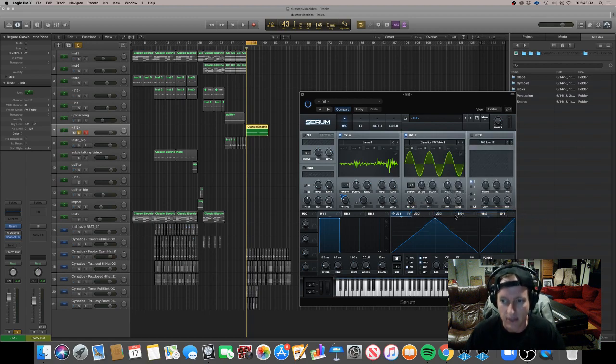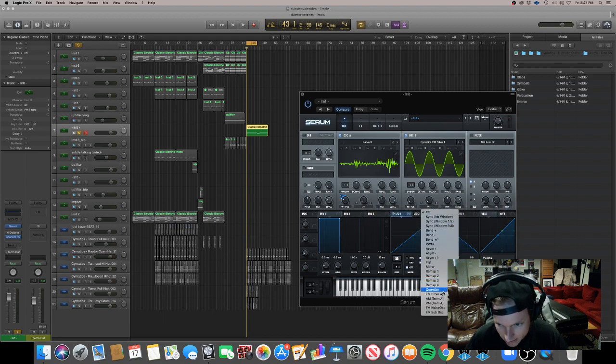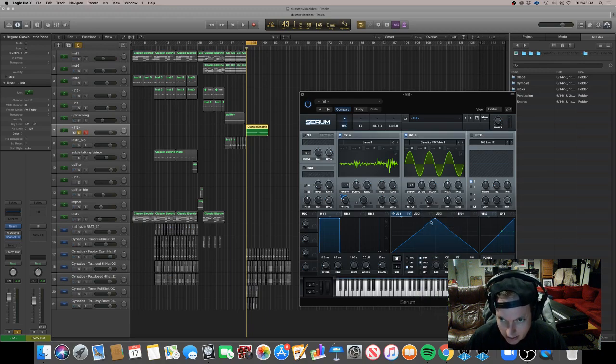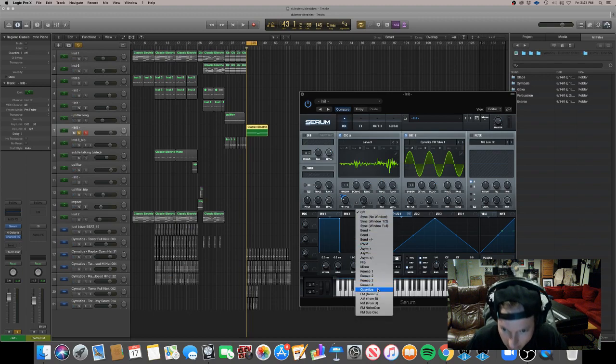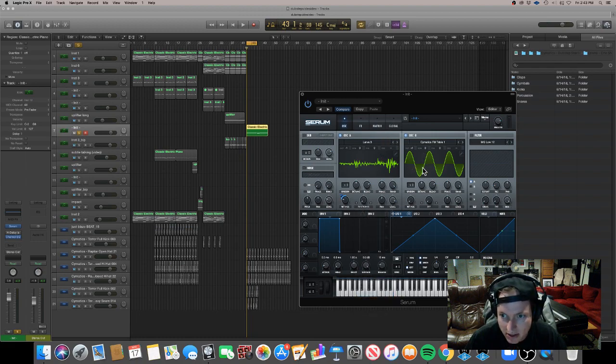So FM synthesis a lot of times is used to create really harsh sounds with rich, a lot of harmonics. And the way a lot of times you'll do it is I can basically turn oscillator B off, but then I can have our main oscillator doing FM synthesis, basically changing based on this parameter, which